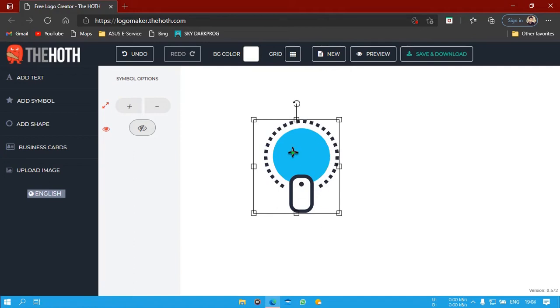Now we will make this icon more fancy. So we are going to add another icon on this. Okay, so let's now pick your icon again in the symbol option.